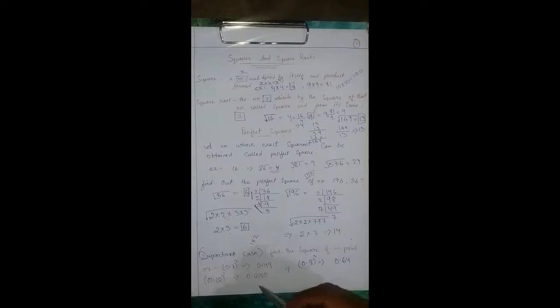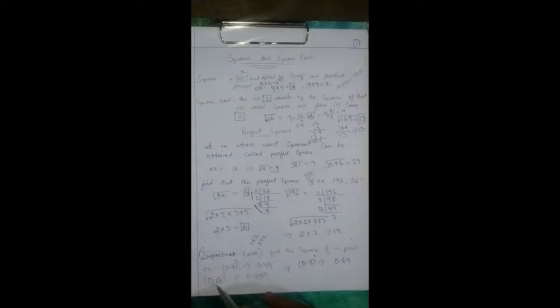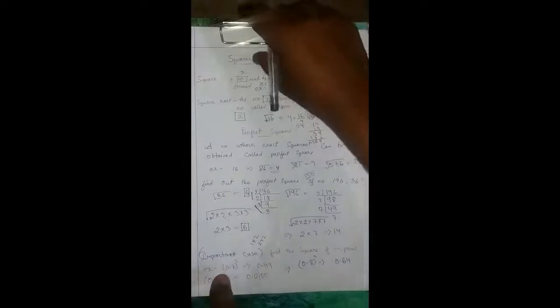0.10 square means 10 into 10, 100. Okay, here it is 2 digit, but if we do 2 into 2, 4. Okay, 4 means we will add 1 0 before, not after. Before we will add 1 0 and we keep the point. Here same, 0.8 square, 0.64. Okay, 8 square is 64 and here 8 means 1 into 2. After 2 digits we will keep 1 0 point.